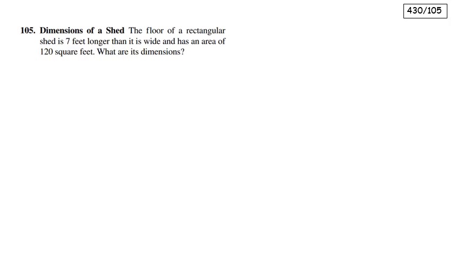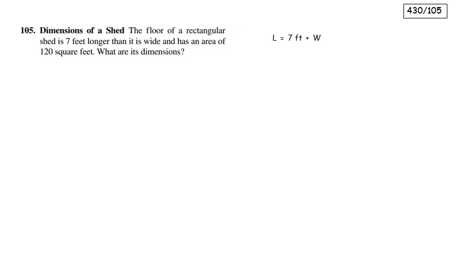Review questions, Chapter 6, Selected Word Problems. Problem 105, page 430. The floor of a rectangular shed is 7 feet longer than it is wide and has an area of 120 square feet. What are its dimensions? Let us let L equal the length, and from this statement, it is 7 feet wider